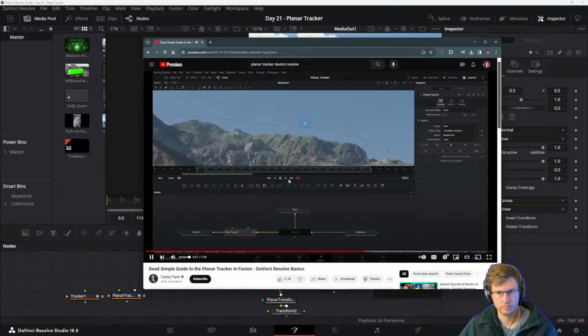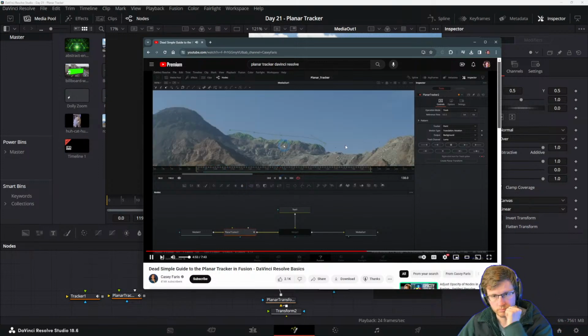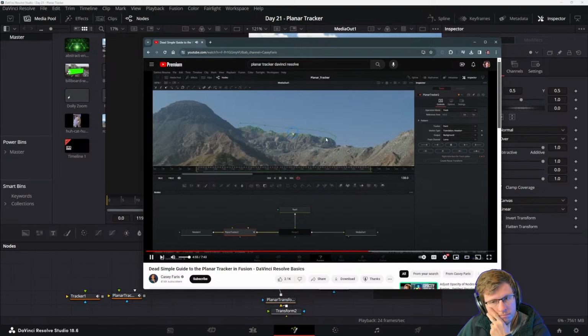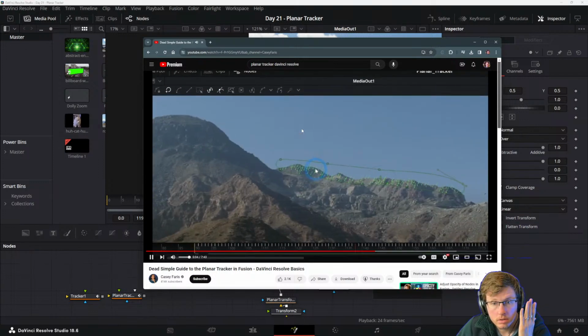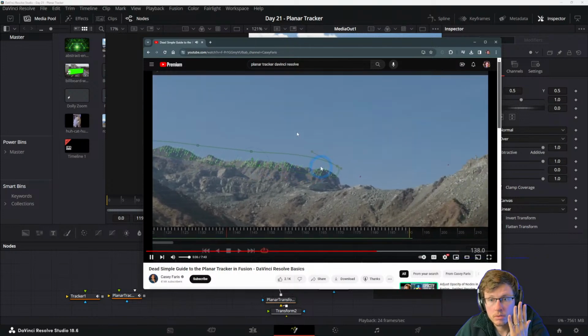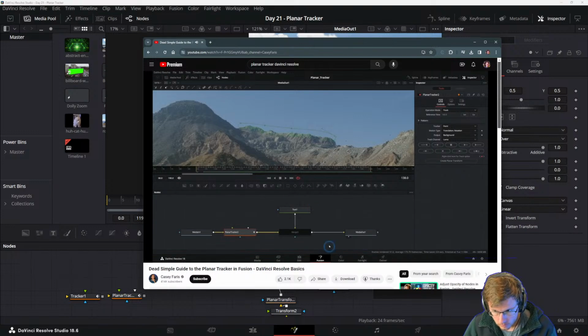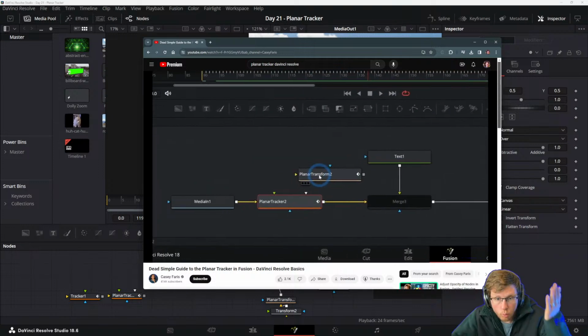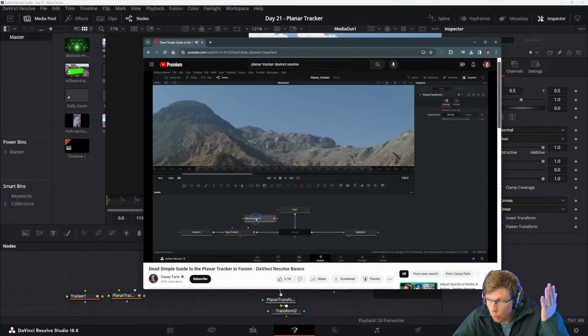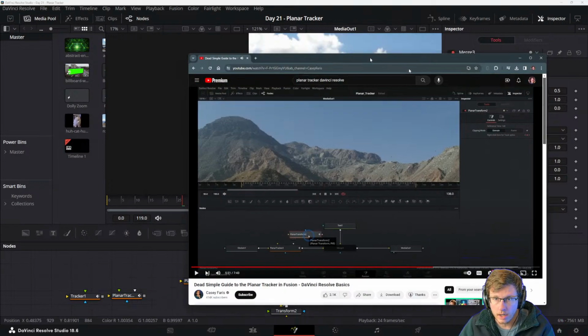So now what do we do with it? Well, there are a few ways to use this planar tracker, but honestly, I think one of the most versatile and easy ways to use the planar tracker is to create a planar transform. Now, a planar transform is just a separate node that takes the movement from this track and saves it out into another node that you can use to move other things. So with our planar tracker selected, I'll go here to where it says create planar transform and click it once, and that will make a planar transform node. Now, anything that we run through this node is going